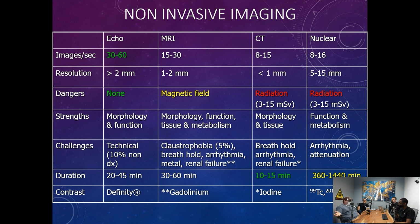Now, that being said, of course, if the echo probe is in the hands of an accomplished sonographer, it's not a big deal because they know where to shine the light. But not everybody is Vincent Van Gogh of...